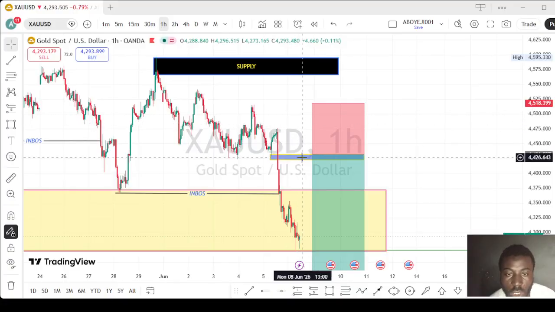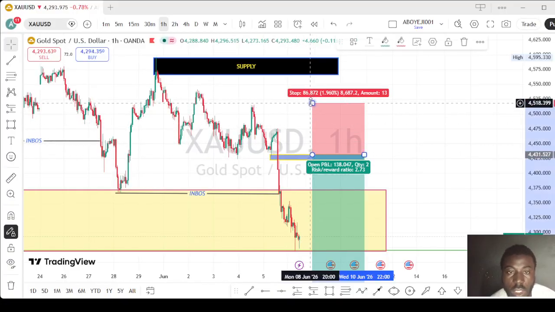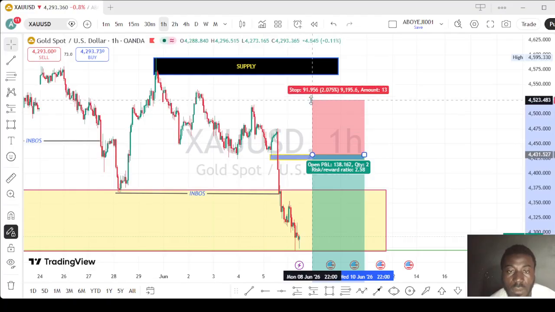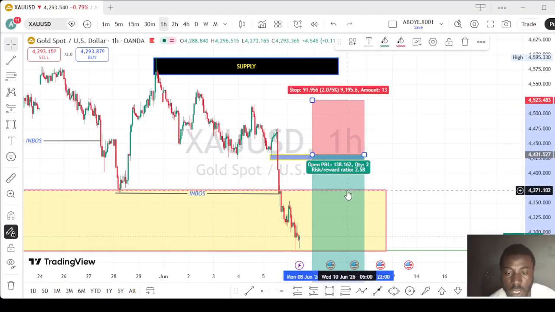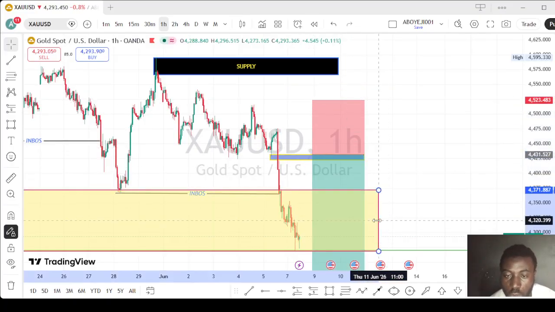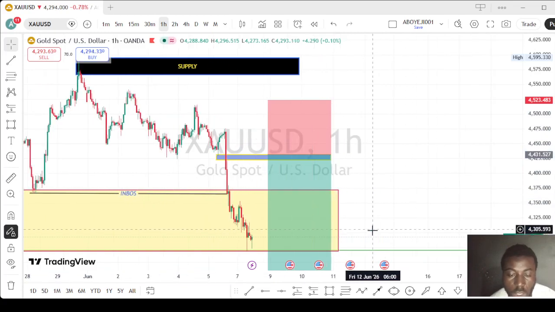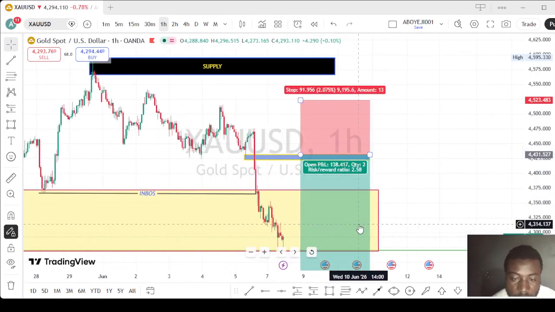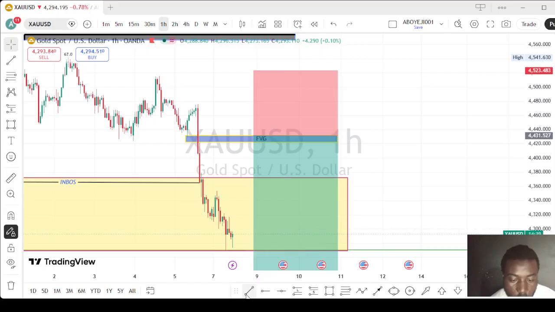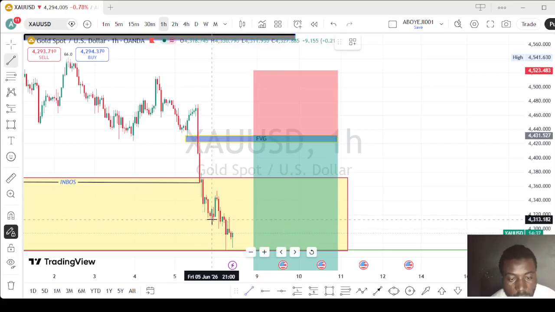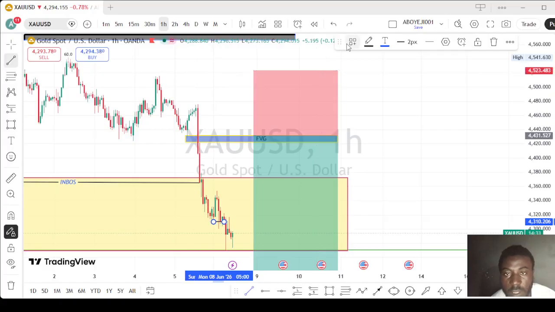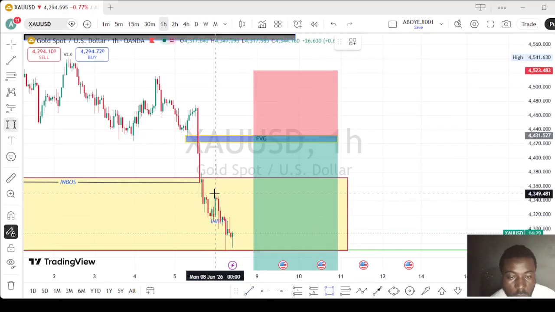There's opportunity here. So let's just be patient and see what the market is going to do. Seriously. And inside this, we are seeing break of structure here. Inside this key level, you can see this is break of structure here. And this is an order block over here, because there's FVG over there.